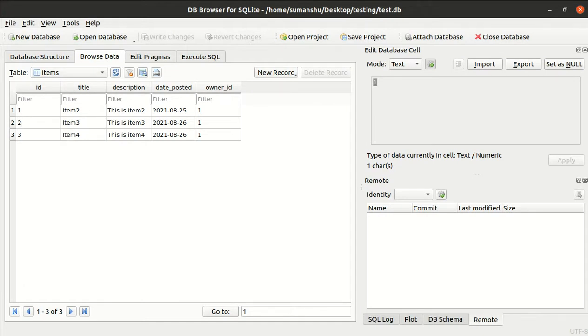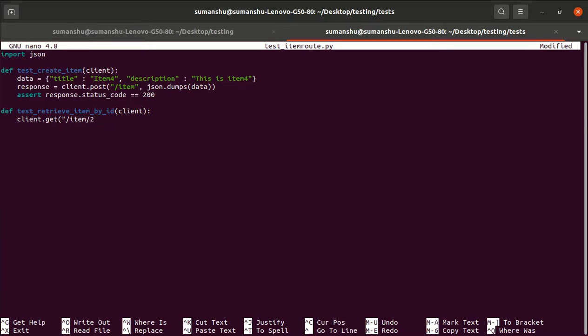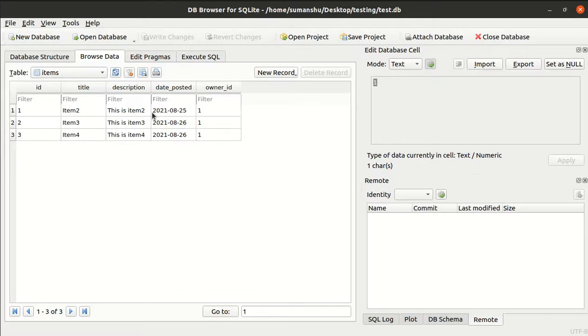So let me test for item number 2. If I pass the item number 2, it will give me some response. Alright, that is fine, and I have to check the response.status_code should be 200, because this item exists.